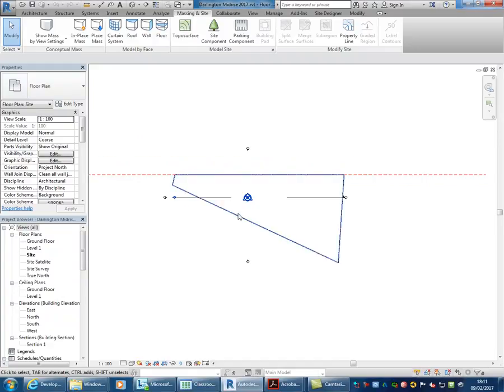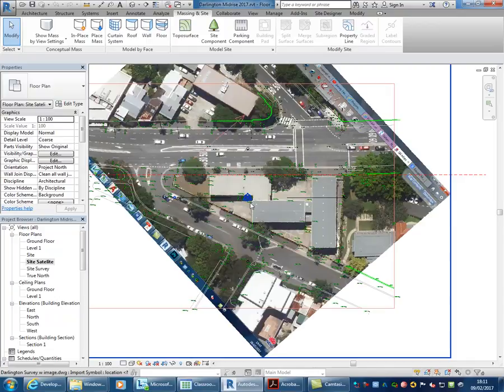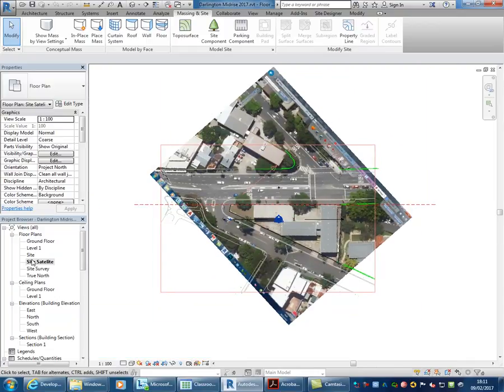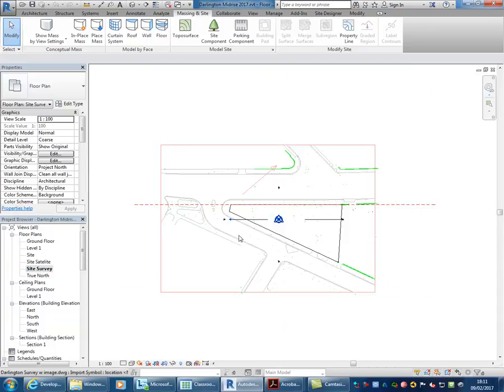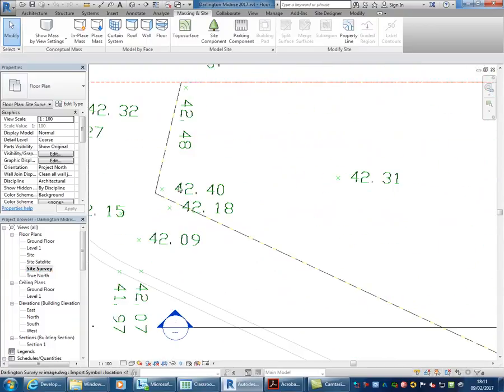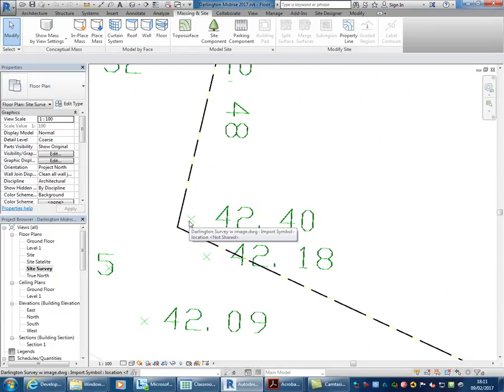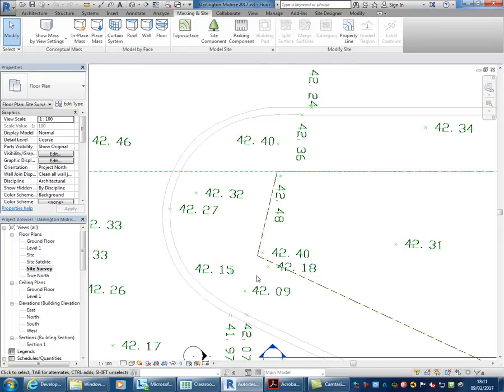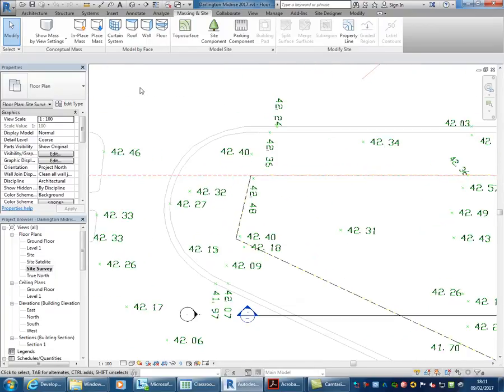Okay, so I've got my site boundary drawn with the site view that has my satellite image showing, and then a copy of that view where I've turned the satellite image off so we can just see our AutoCAD line work, and of course most importantly we've got the spot levels there. And so I want to put a Toposurface in